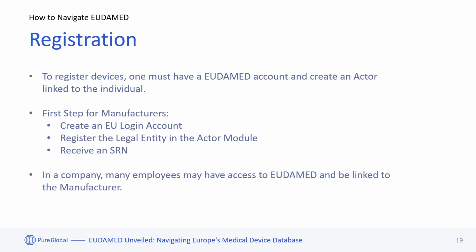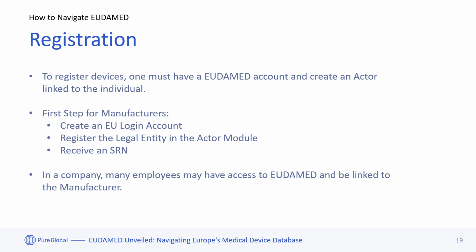So, how does the registration work? To register a device, you need an active EUDAMED account and an actor profile. Therefore, manufacturers must register as an actor first to obtain their applicable SRN. This means that you will need to create an initial EU login account, register your company, and then you will receive the SRN. Once that is done,